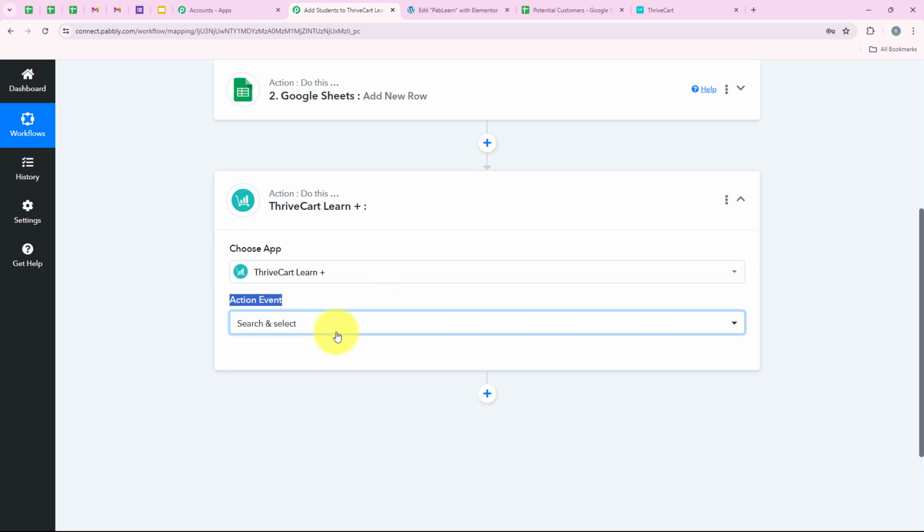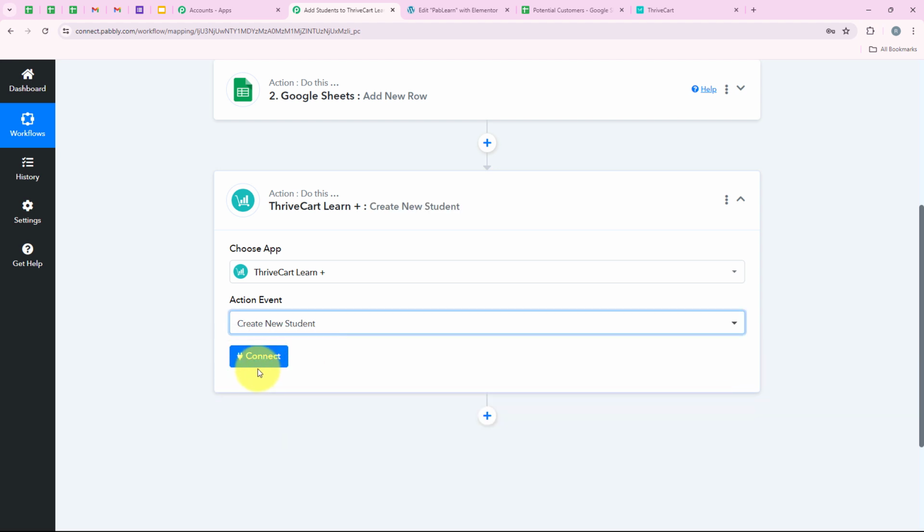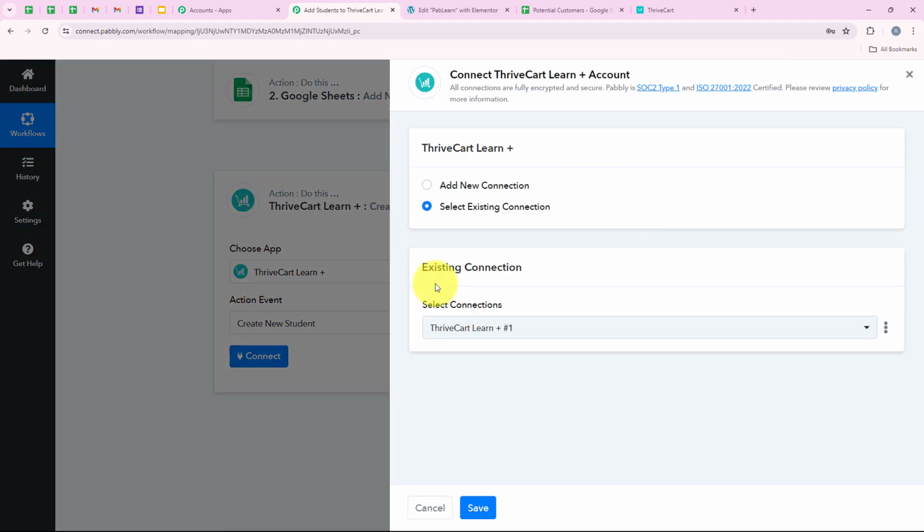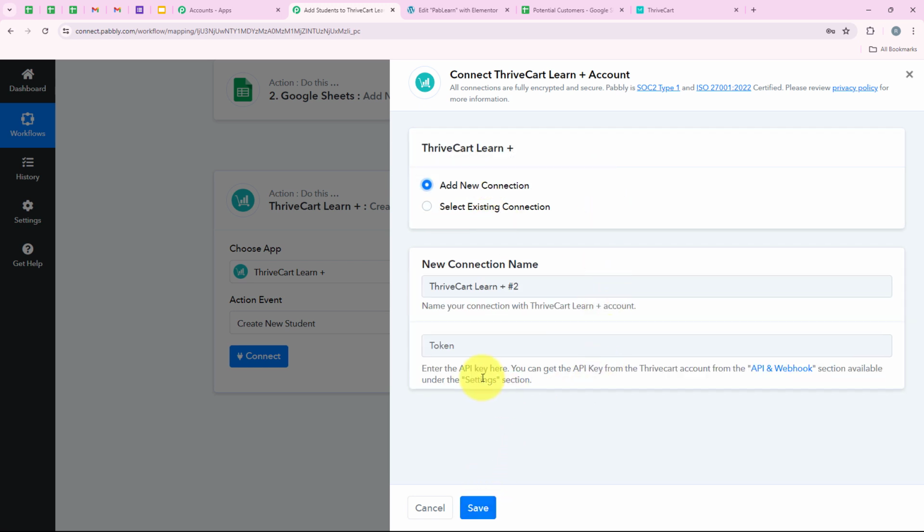And now for the action event, we are going to select create new student, and then we are going to click on connect. And as you can see, again it is asking me for the same. So if you have already connected your ThriveCart Learn account, you can click on select existing connection and then save. But if you haven't, you have to follow me, click on add a new connection,